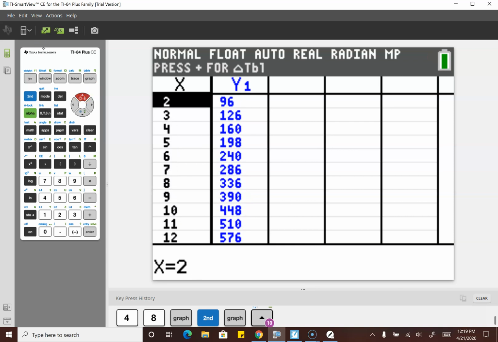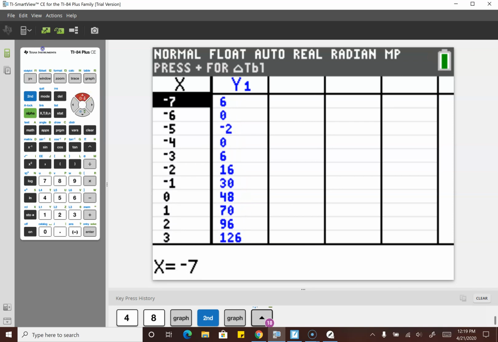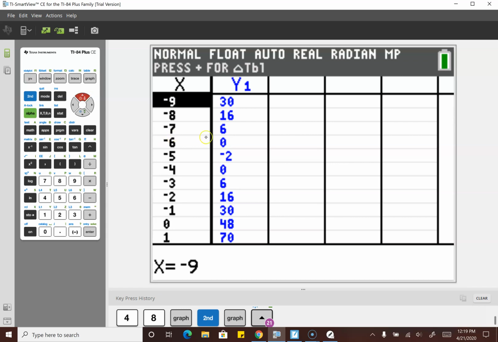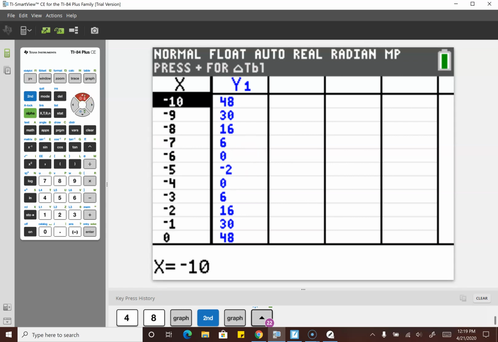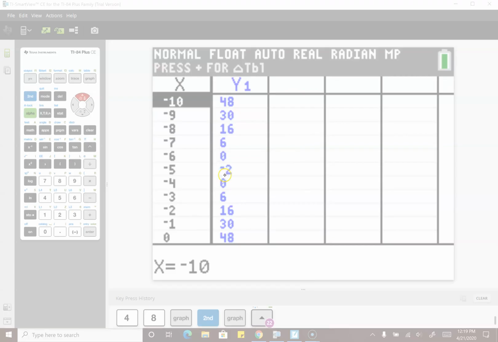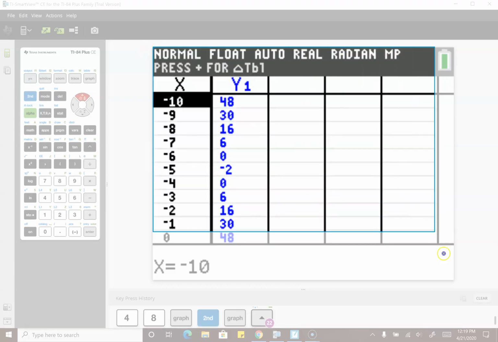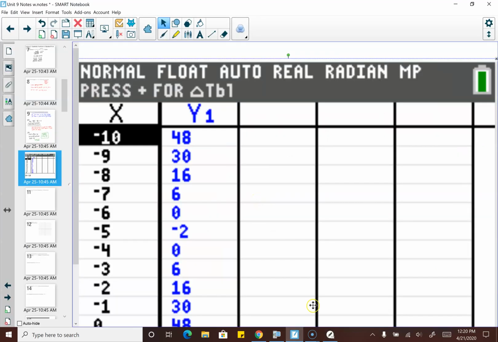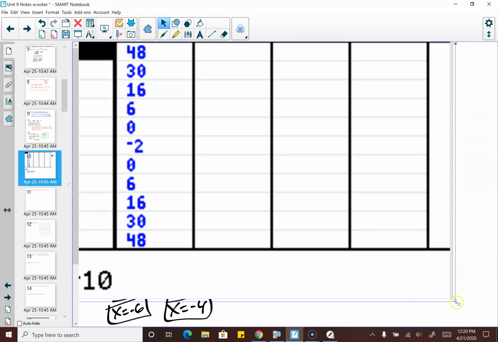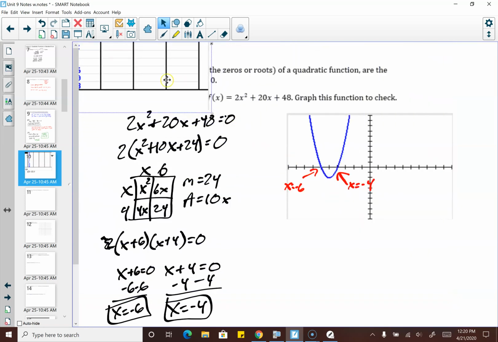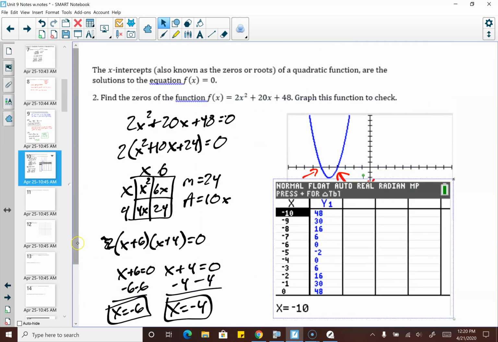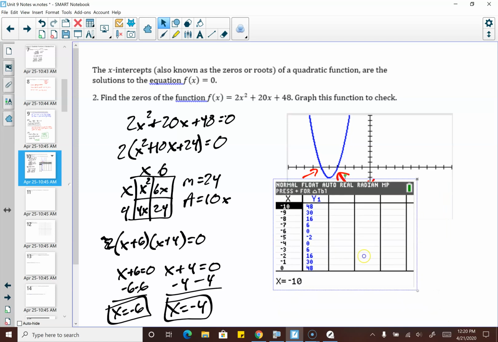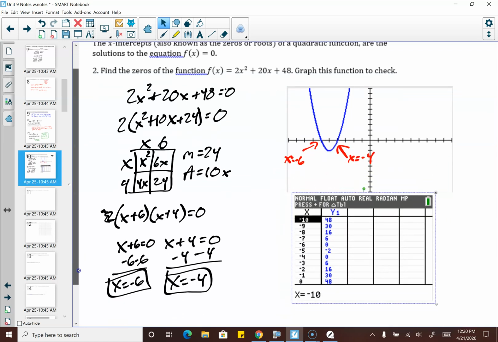So as I scroll around here, again, normally you're trying to balance your table, but realistically here, what you're looking for is you're attempting to find those zeros. So if I do that again, where I just kind of copy my table here so we can get it into the notes. Again, they gave me a giant picture. So if I shrink that and bring it into play here,